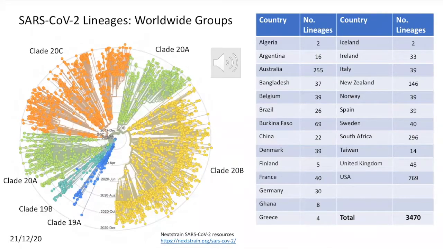Now, when we look at the different lineages for each country, we find that the values vary dramatically. China, the origin of the virus, only has 22 lineages, while the USA has 769, roughly about 20% of all known lineages in the world. Now, a part of the reason why this may be